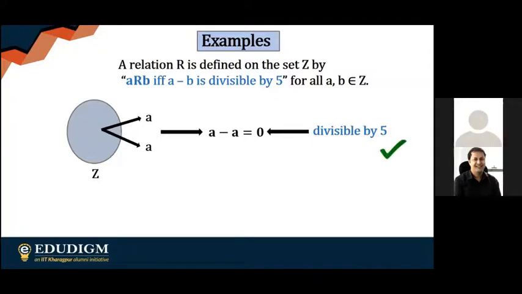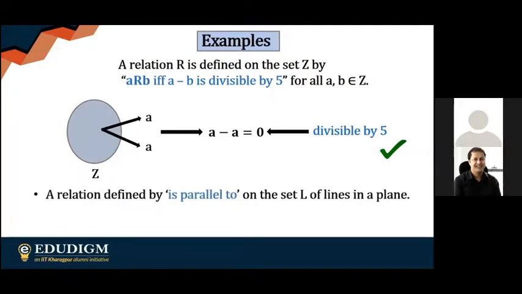So I'm going to show you another example so that you have a very clear idea of what's going on. We consider the set of all the possible lines L in a plane. Two lines, suppose L1 and L2, are related provided L1 is parallel to L2. Now you take any line, you take the same line again. So you know the basic criterion for the relation here is parallel. If you take any line, it's obviously parallel to itself. So it's reflexive again.